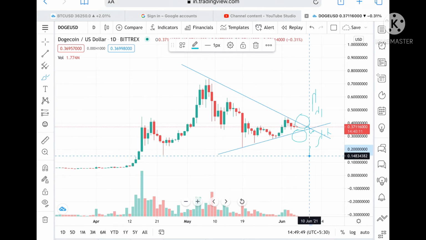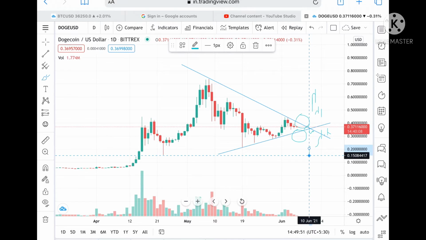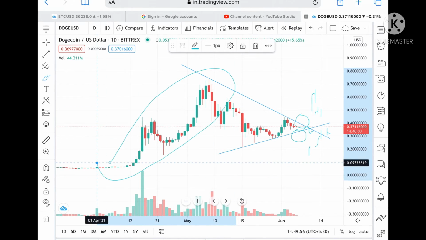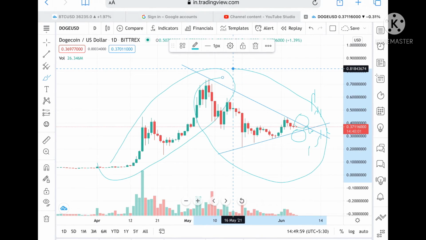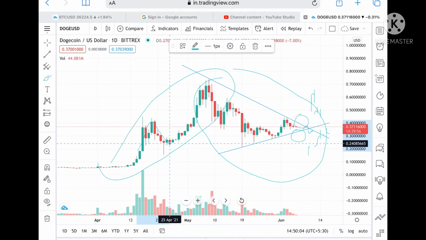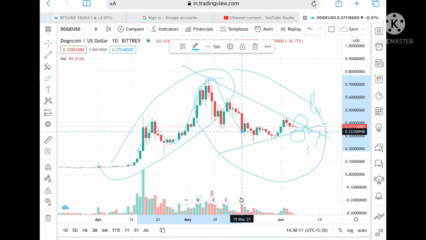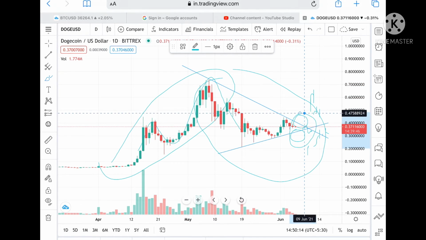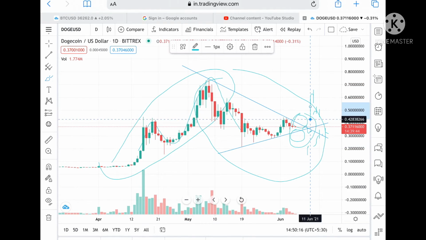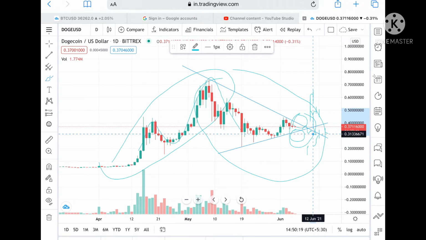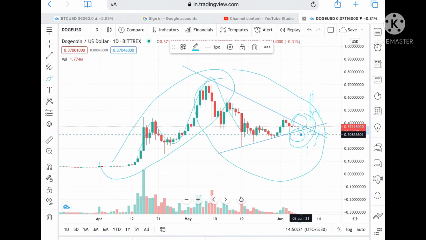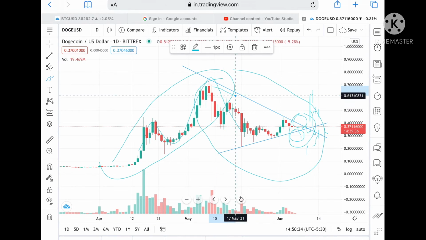That is not a big thing, because if there can be a rise in just 1 month, there can be a fall in the price of crypto on the downside as well. But now we can see a little bit of a rise and decrease in the price of Dogecoin. So what I would suggest is, let this trend break upside or downside, then there can be an opportunity for a big movement upside as well as downside. But what I am expecting is that there is a chance it can go downside.